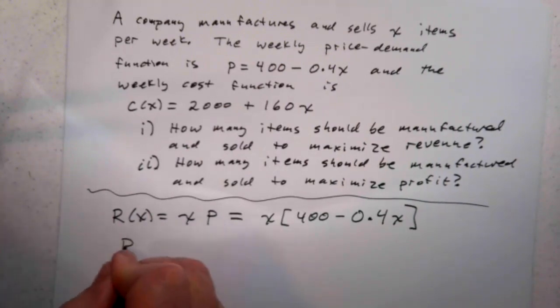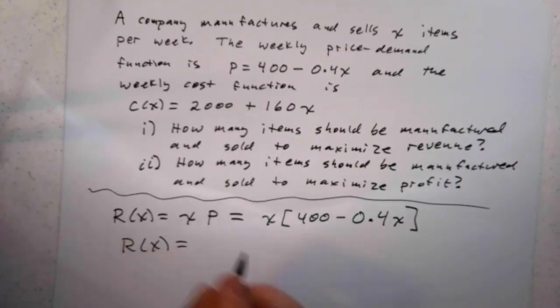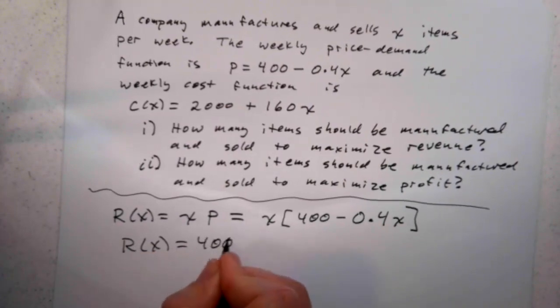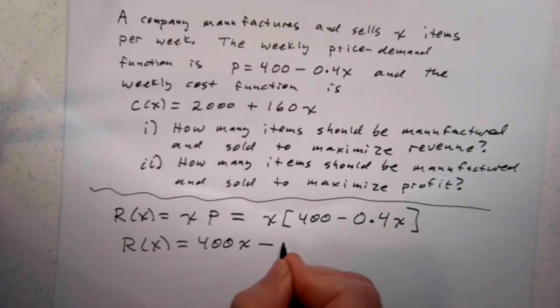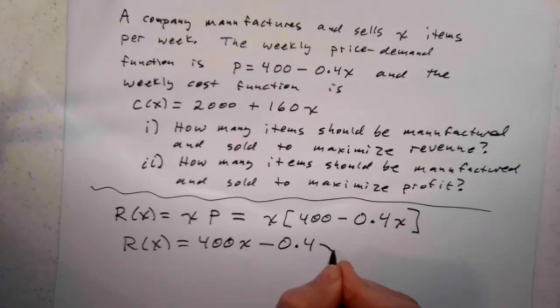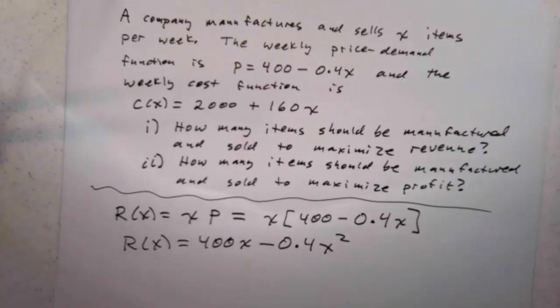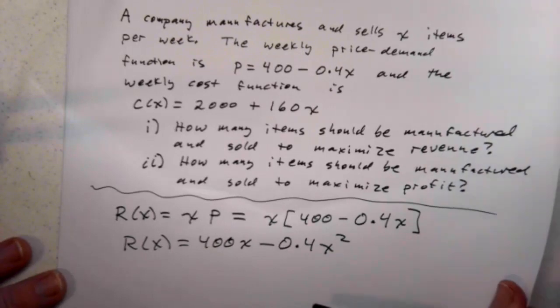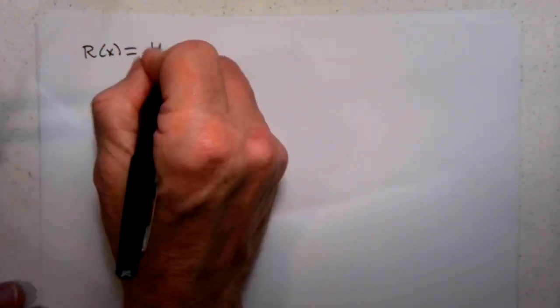Well, we have our function, R of x is 400x minus 0.4x squared. Let's do this first using algebraic techniques. We'll do it the second time using the graphing calculator. And once we maximize revenue, we'll then go back and look at how do we maximize profit. So what do we have here? Again, our function for the revenue, R of x is 400x